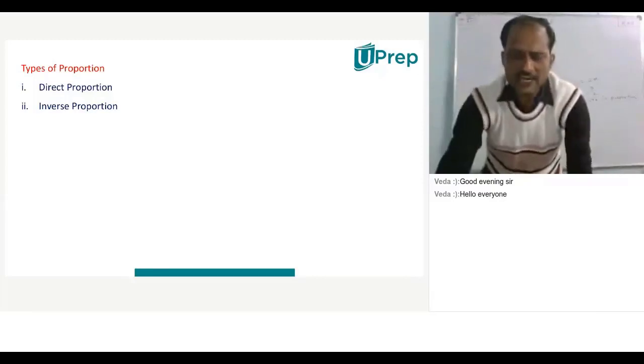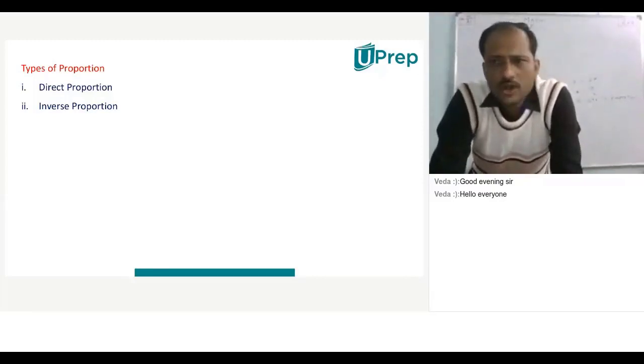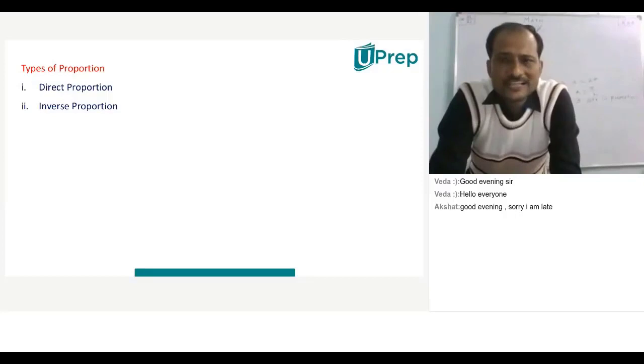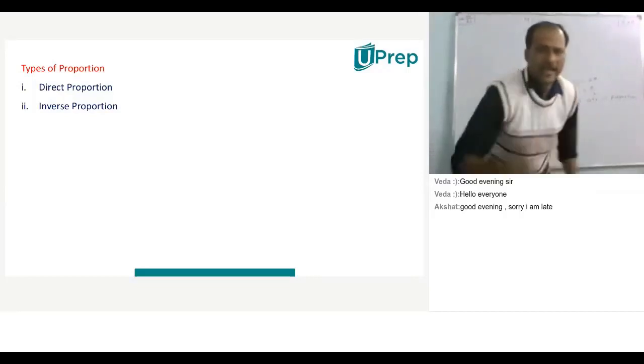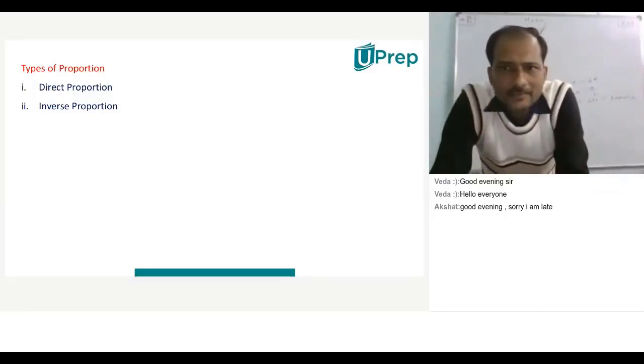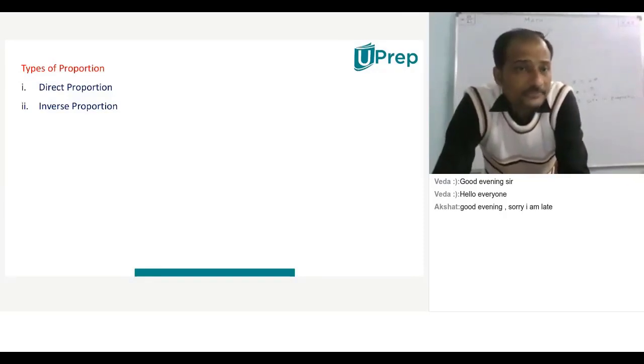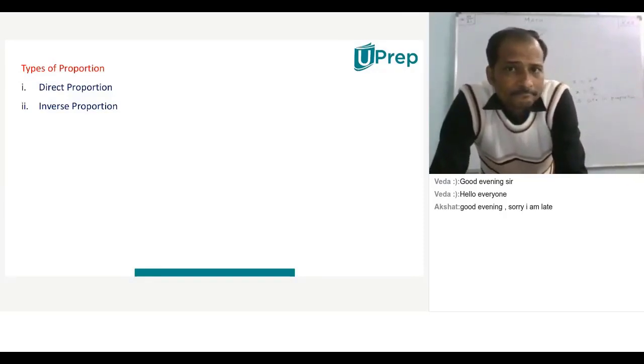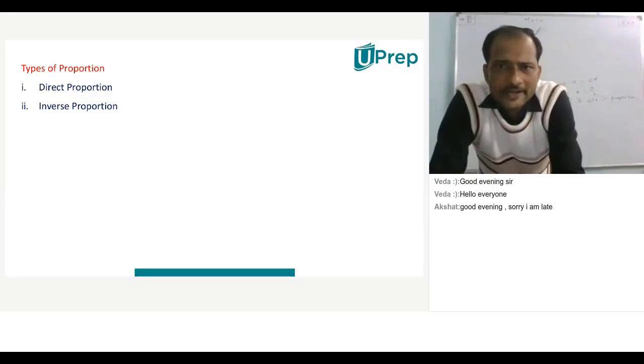Now, proportions are of two types. I think you all are aware of it, which is nothing but direct proportion and indirect proportion. First, let us know what a direct proportion is. Can anyone in the class please tell me what a direct proportion is? Ramya? Ronak, yeah, please go ahead and explain what a direct proportion is, beta.